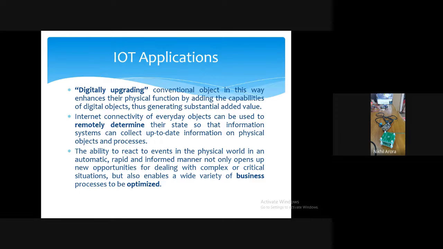So IoT in simple terms is business process optimization and digital upgrading. If you want to digitize your company, your process, your college, your home, anything, you might have seen nowadays Alexa and IoT bulbs are coming very cheap. You can use them. Alexa control plugs are there. IoT control bulbs are there. So what is that? That is nothing but digital upgrading.